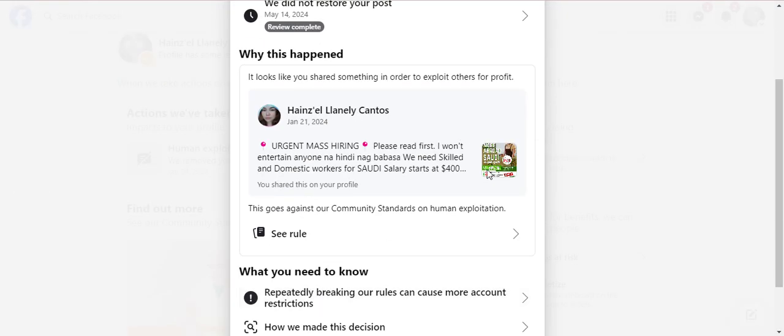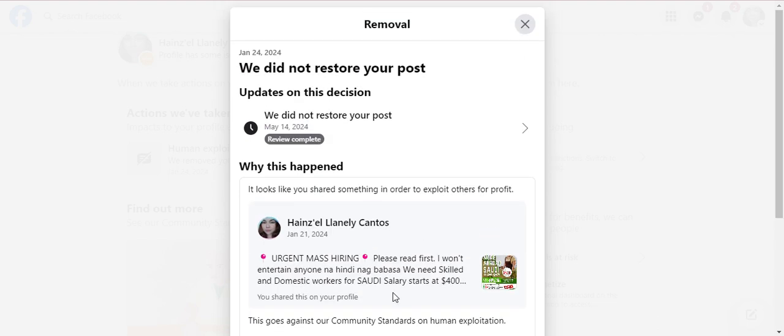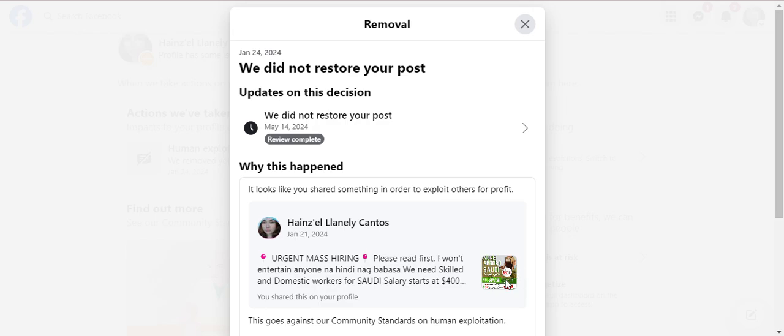So basically, they think that domestic helpers are slaves. I think that's one of the reasons why they tagged this as human exploitation. But anyway,